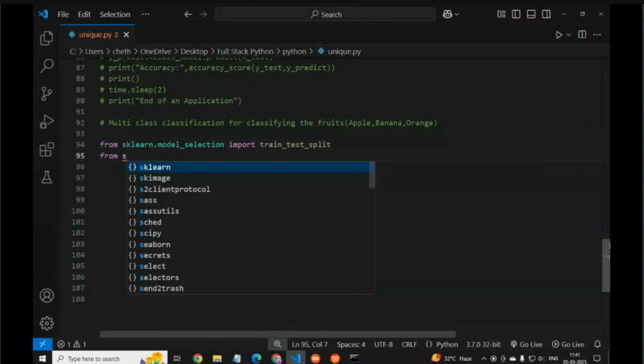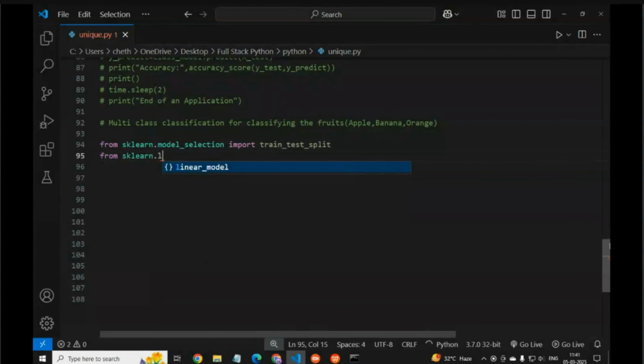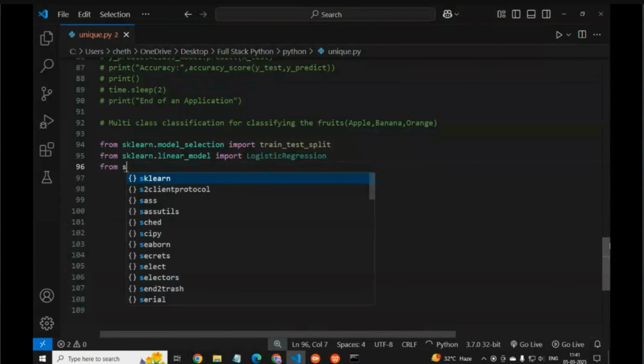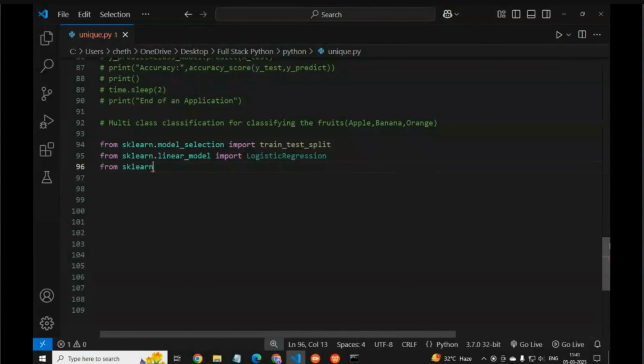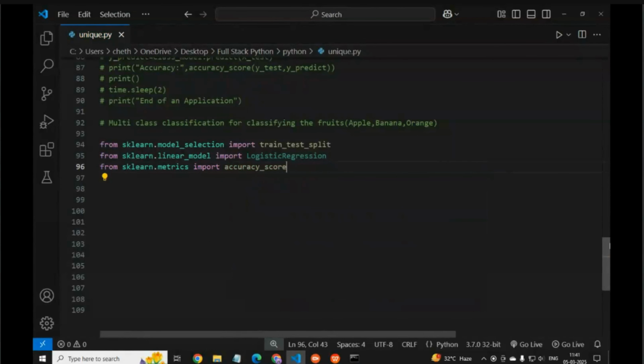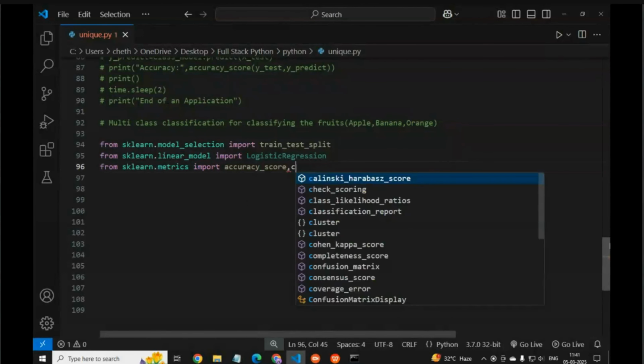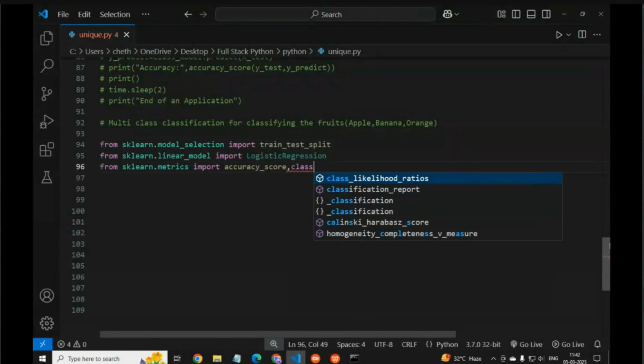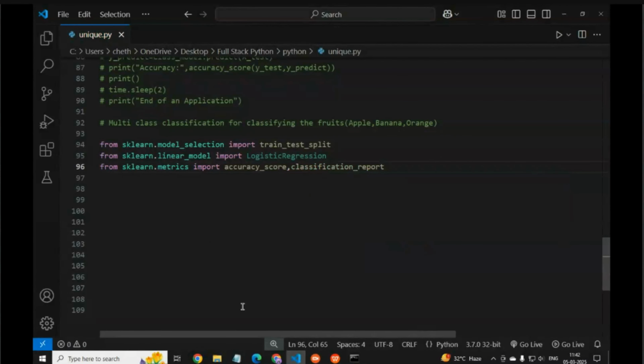From sklearn dot linear_model, we have to import LogisticRegression. From sklearn dot metrics, import accuracy_score and classification_report.